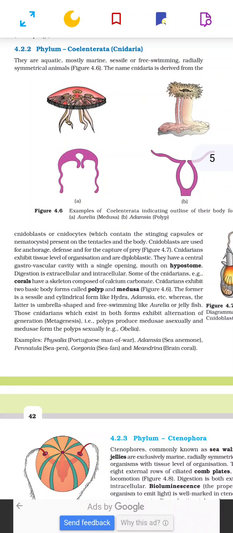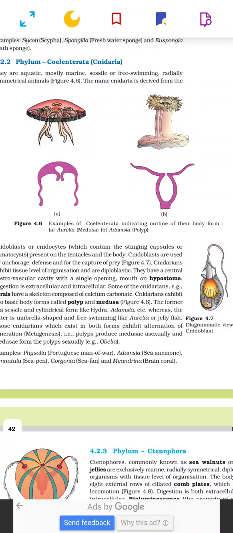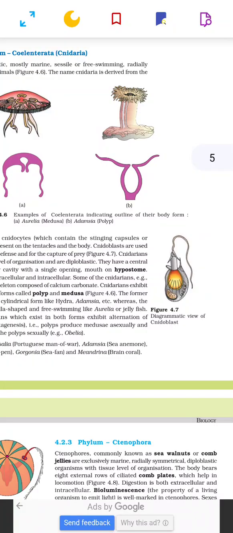Examples of cnidarians are Physalia, Portuguese man of war, Adamsia, sea anemone, Pennatula, sea pen, Gorgonia, sea fan, and Meandrina, brain coral. In figure 4.6, examples of coelenterates indicate the outline of their body form. For example, A, Aurelia, shows medusa form, and Adamsia shows polyp form in figure B. Figure 4.7 represents the diagrammatic view of the cnidoblast or the stinging capsule, which is important for the defense mechanism